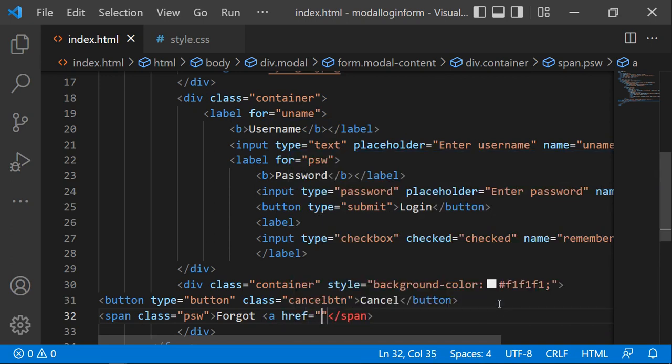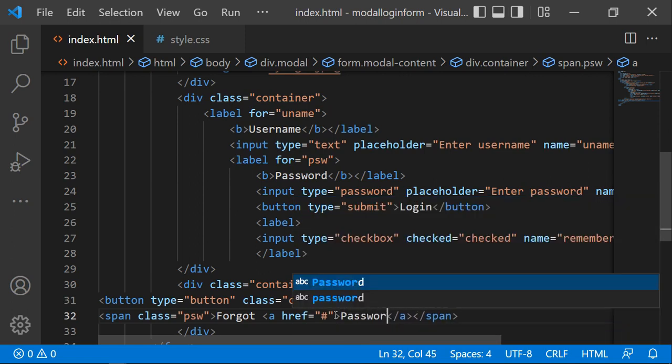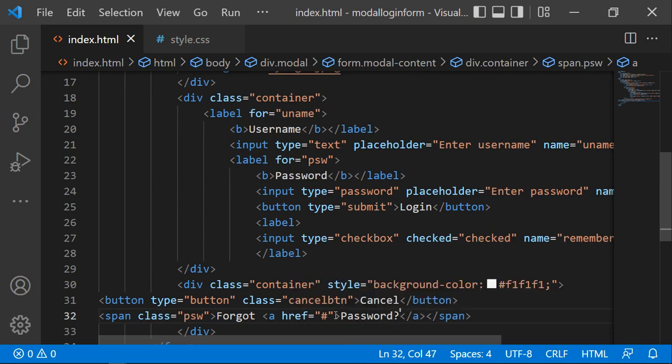You can say then the link will be password. Probably this one is inserted as a link to direct you to another page, whereby you can reset your